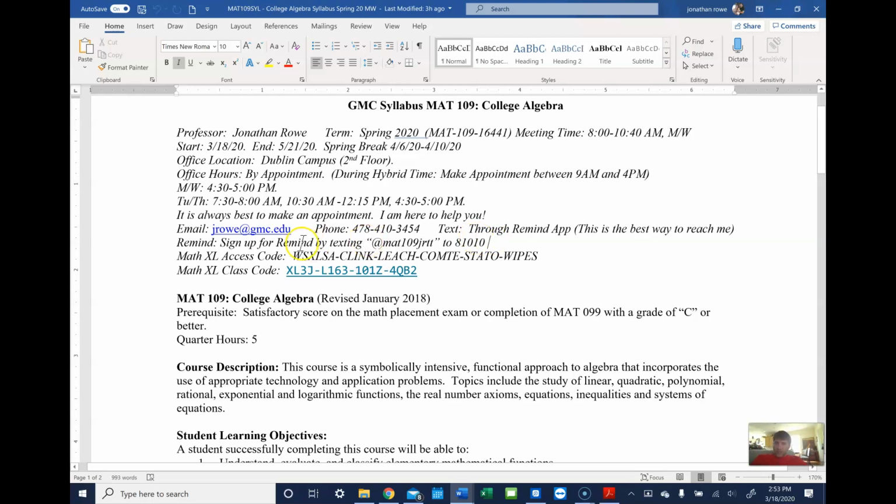The best way to get in touch with me is not through email and probably not through phone either, although that would probably be okay to try. I'm going to try to get this office phone number forwarded to me at home while we have to stay home. But maybe the best way to get in touch with me is through the Remind texting app. So to sign up for the Remind texts, you will text this code. So,